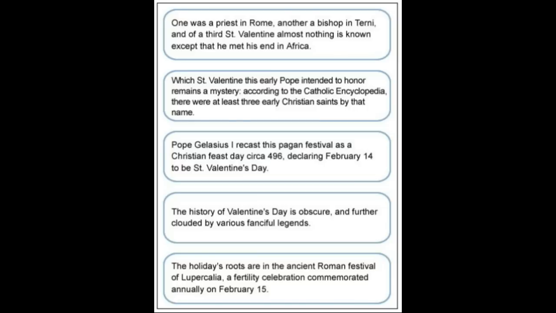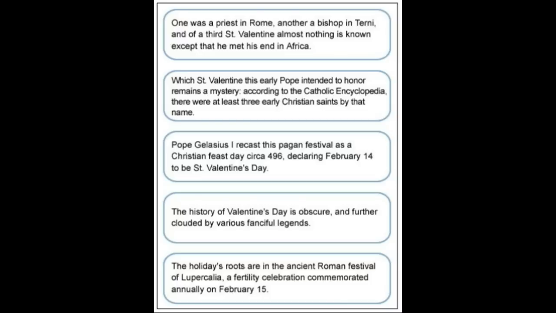Valentine's Day is obscure. It talks about the history of this day, and it says that it is obscure, that is unclear, and further clouded by. So look at the choice of words: history, obscure, clouded, legends. That means stories. That means the history of this festival is not clear, and there are lots of stories about that. So now if you want to find a connecting paragraph and you go back to the first one, it